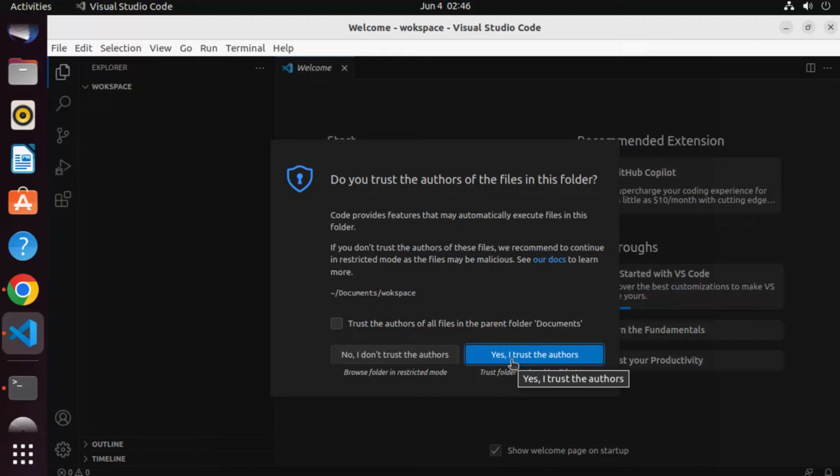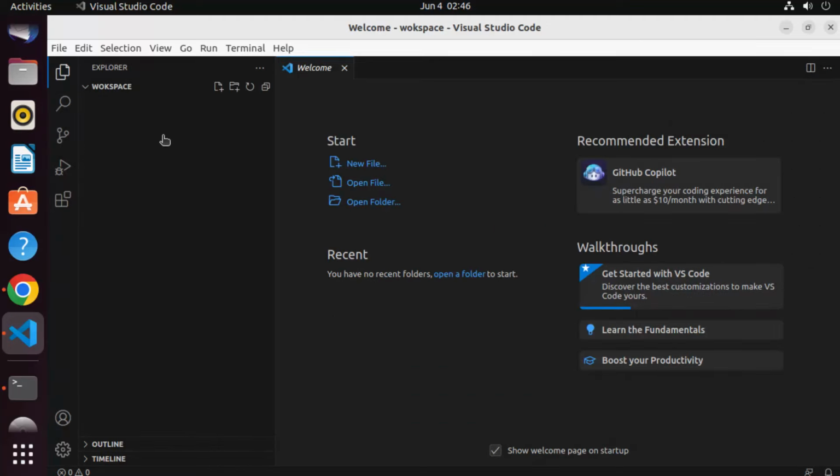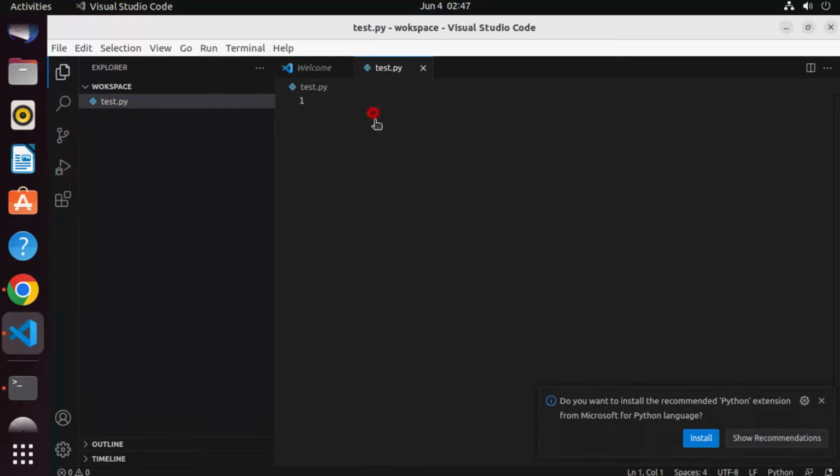So you can see this workspace folder is opened on Visual Studio Code editor, and here I can say I trust the author, and here I can create any let's say file by clicking on this plus icon for the file. I can also create folders. Let's create test.py file and then press enter,